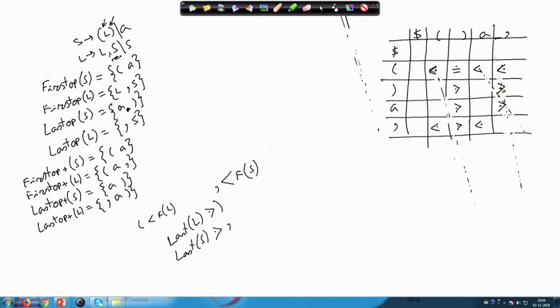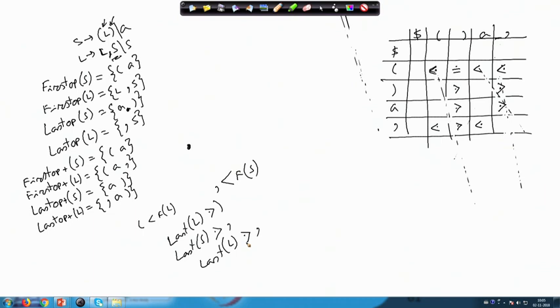Now, this one, L comma. This will tell us that last plus of L should be of higher precedence than comma.